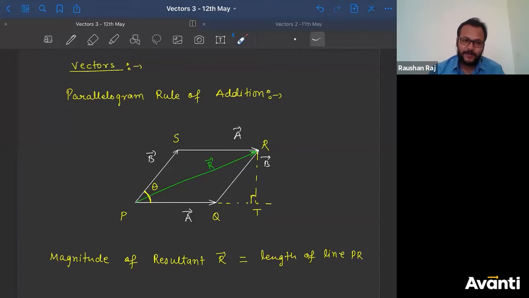A and B. Then why are you asking me that question? You can see it clearly. So what is theta? Theta, kahan se kahan hai? Dekho, this is that theta, right? So theta is nothing but the angle between vector A and vector B. Okay, so vector A and vector B. So theta is the angle between the vectors. Which vectors? The vectors which are being added.